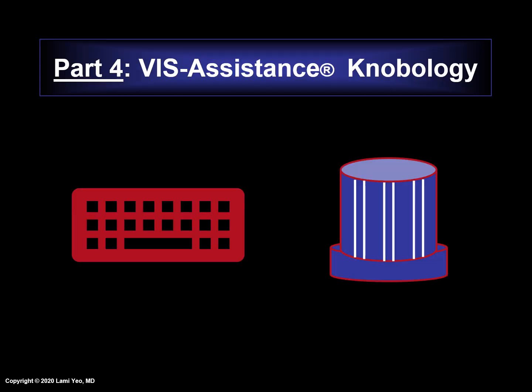In Part 1, we introduced VISA Assistance and its objectives, while in Part 2, the 7 benefits of VISA and when to use this tool were discussed. In Part 3, we reviewed the VISA callouts for each of the 9 cardiac views, which inform the user of the specific purpose or action of the VISA navigational movements.